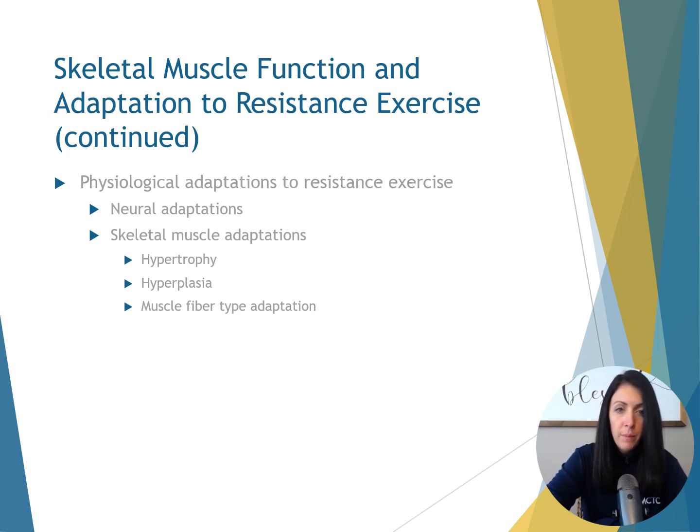So just remember, with high volume, moderate resistance exercise performed eccentrically, the type 2B muscle fibers appear to increase in size most readily with resistance training. Hyperplasia: with heavy resistance training, there's an increase in size due to hyperplasia, which just means an increase in muscle fibers. But there's a lot of evidence that is controversial if hyperplasia even exists.